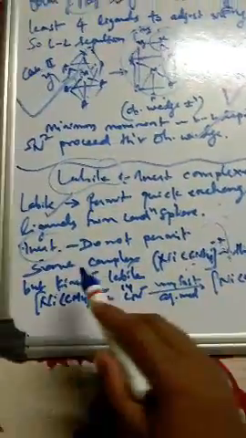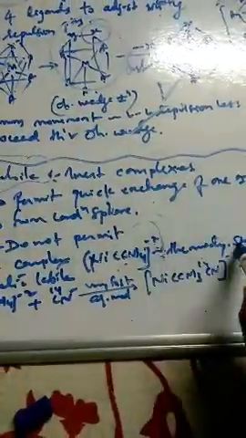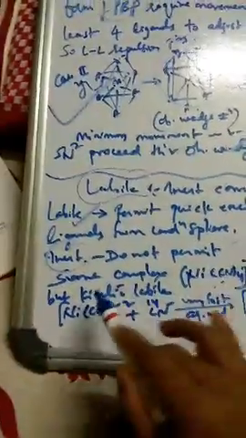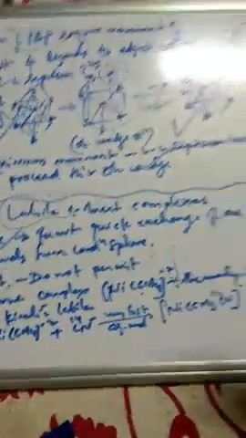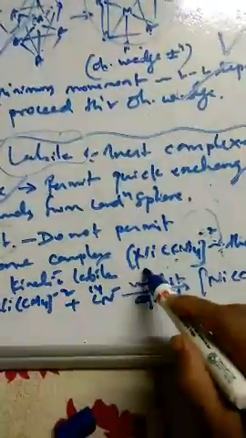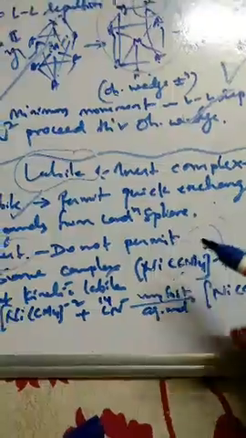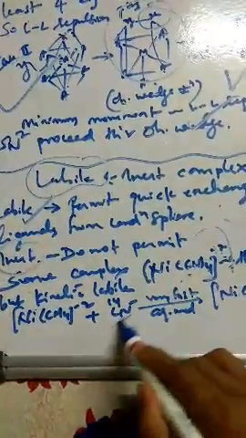But it is found that it is kinetically labile. See, thermodynamically stable means it should not be labile, but it is proved that though it is thermodynamically stable, it is kinetically labile. See how it is possible. It's very interesting chemistry here. So thermodynamically stable means it should not be labile, but it is labile. How can it be proved? It can be proved by isolation.